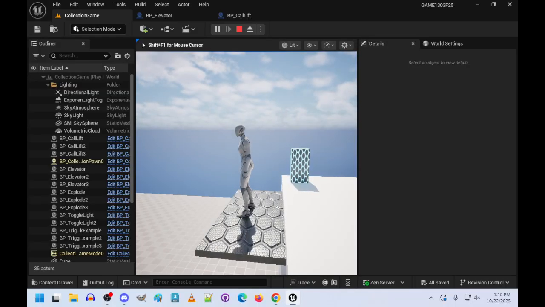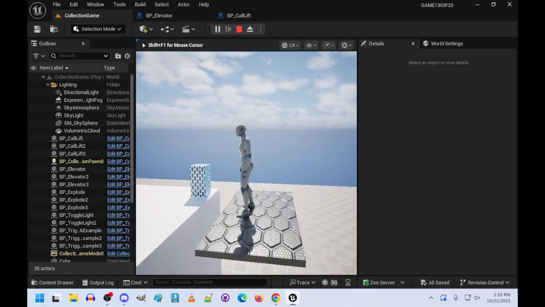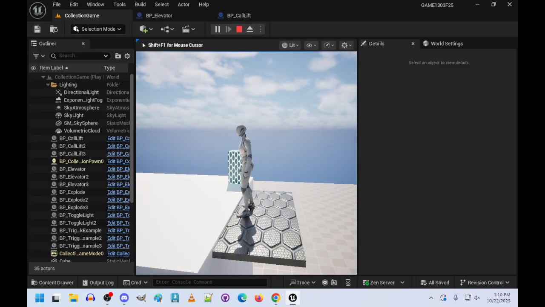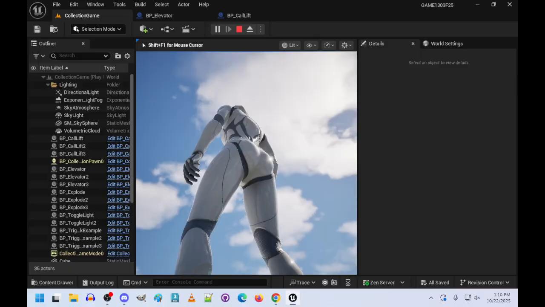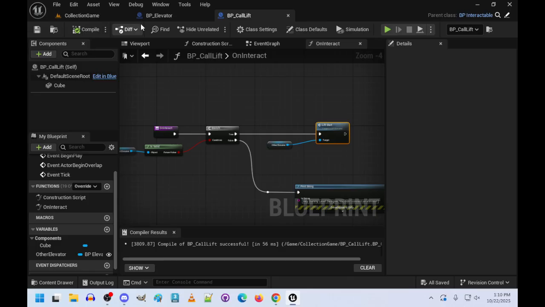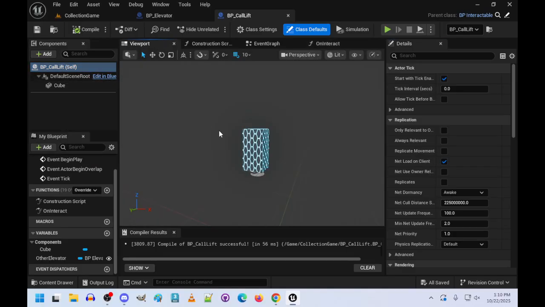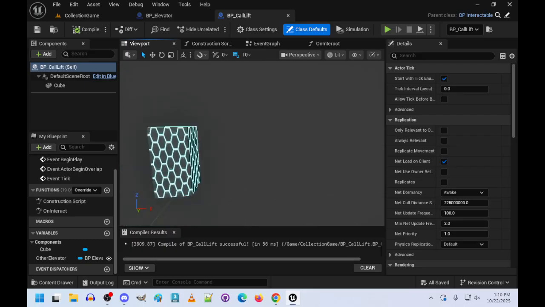And just that interaction with the lift, with the call button, you could make it into a call button. You could make it into something. You do whatever you want. Again, in theory, with the call lift, I mean, right now we made it. Here's the cube. Let's go to the viewport. I made it look like this, but